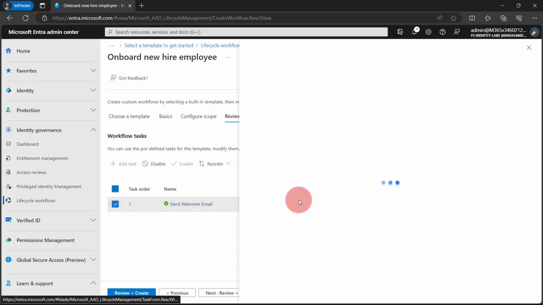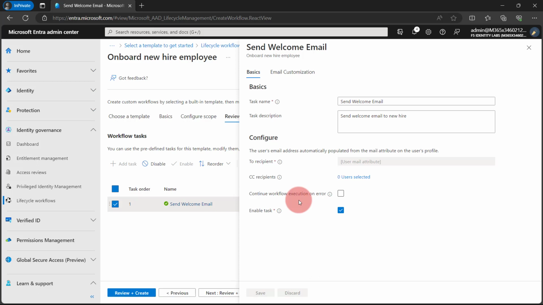So let me click it, and once the template is loaded, we will customize the message that will be sent to the user, because what we will basically see here is the scenario where we will invite guest user to our tenant. We will assign specific group to this tenant, or we will assign this guest user to a specific group, which is the digital identity campaign. And then we will send welcome email to this user